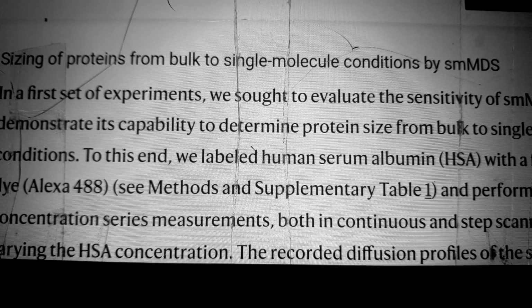Sizing of proteins from bulk to single molecule conditions by SMMDS. In the first set of experiments, we sought to evaluate the sensitivity of SMMDS and demonstrate its capability to determine protein size from bulk to single molecule conditions. To this end,